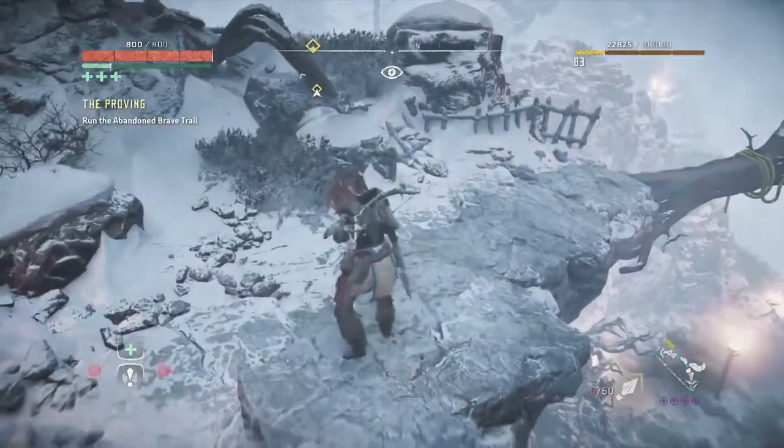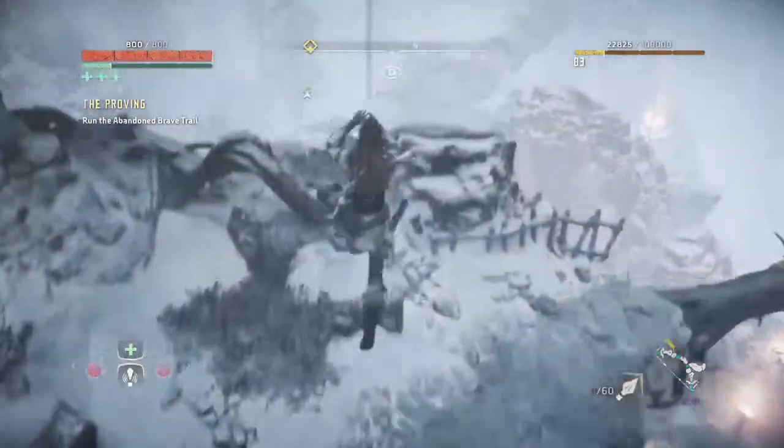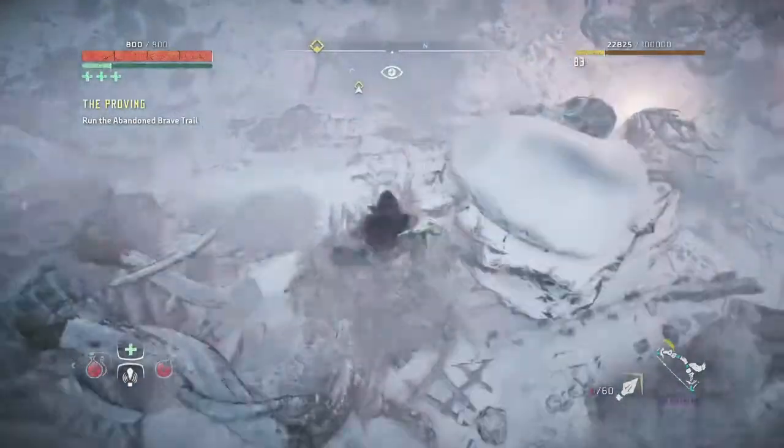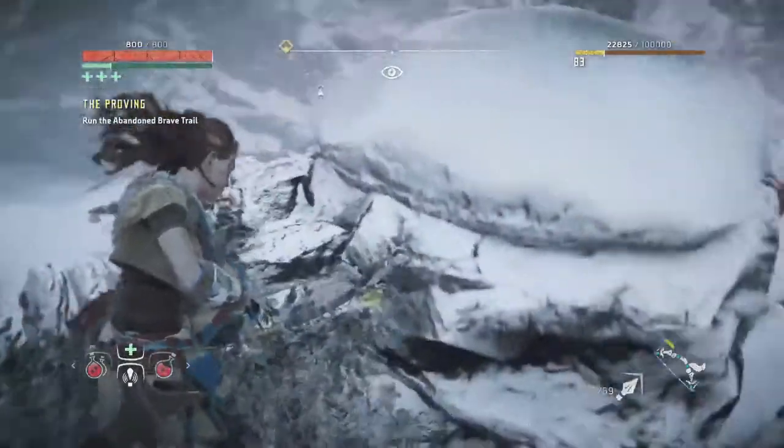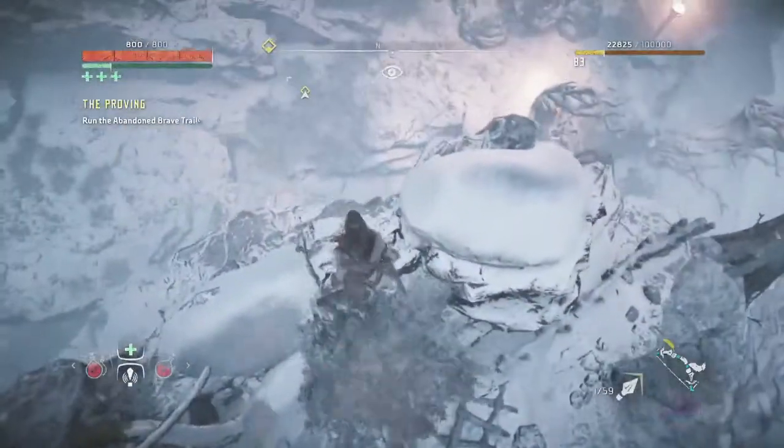And then when you get to this spot, you want to jump up here and then you want to be running off the edge right here. But keep in mind you don't want to be hitting any of the two elevated spots that are either on the right or the left here, because you want to be landing down in the...